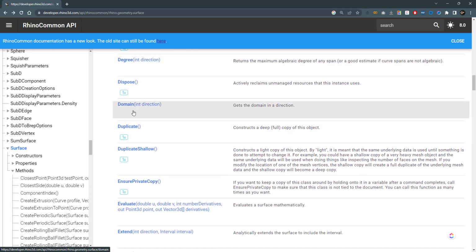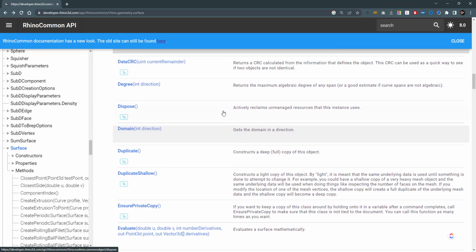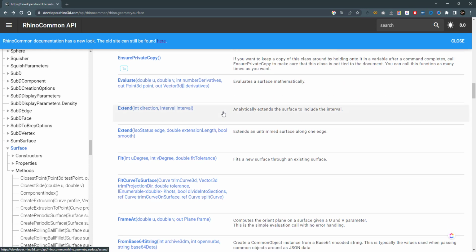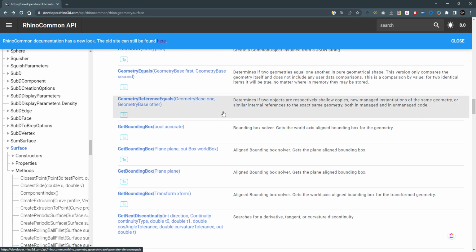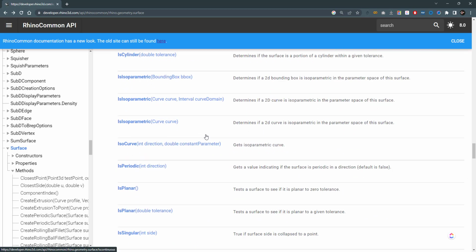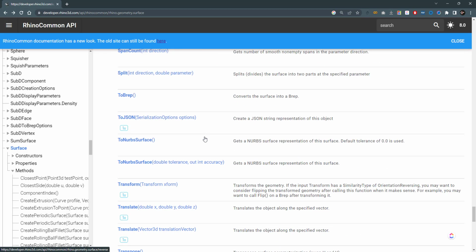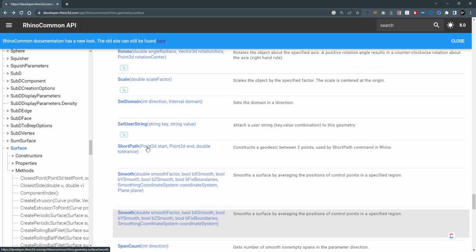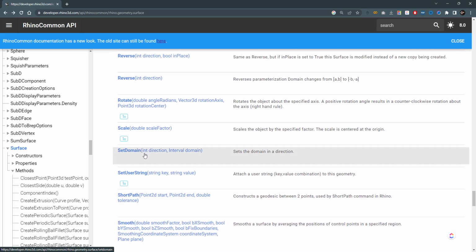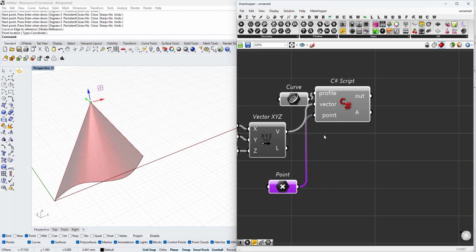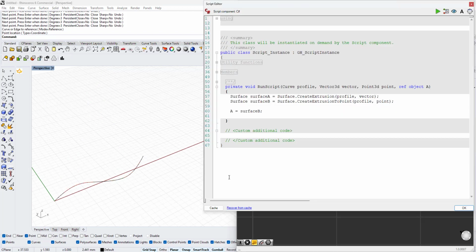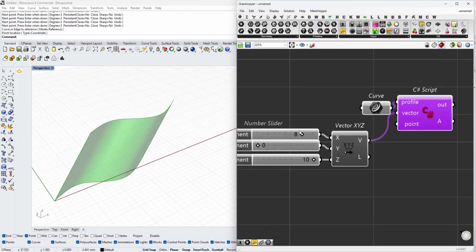We can change the domain, or we can get the domain in a certain direction, or we can set the domain. And to set the domain, we don't just type .Domain. Instead, we'll find a method here that's called .SetDomain. Okay, here .SetDomain, and here it asks for the direction and the interval. So let's try this. If we want to reparameterize our surface and let that be surfaceA instead of surfaceB, in this case